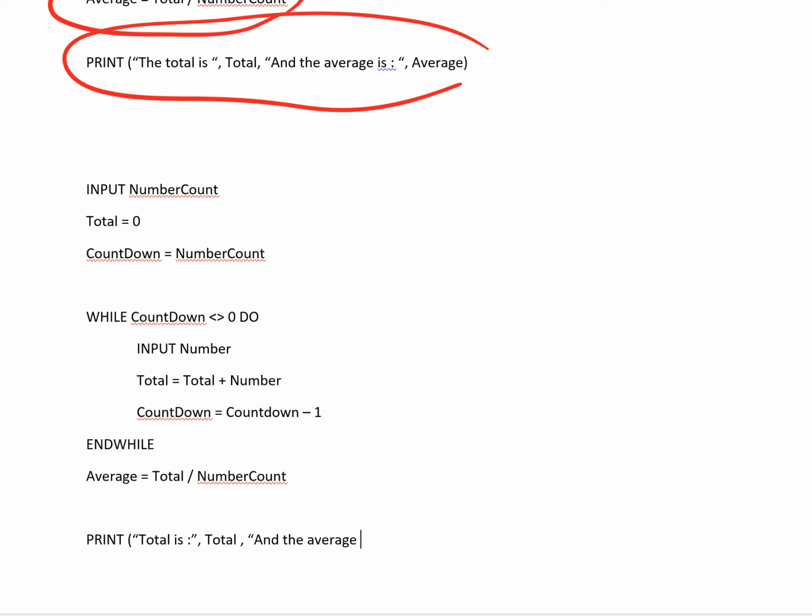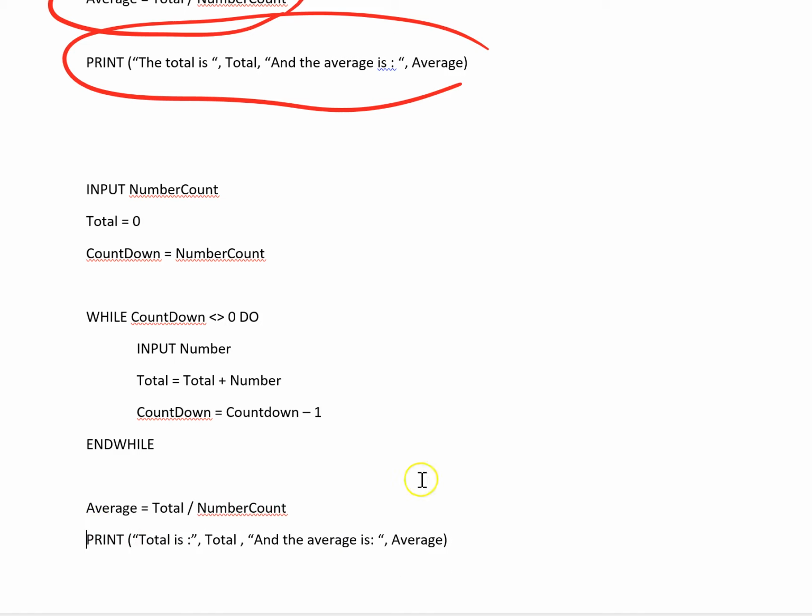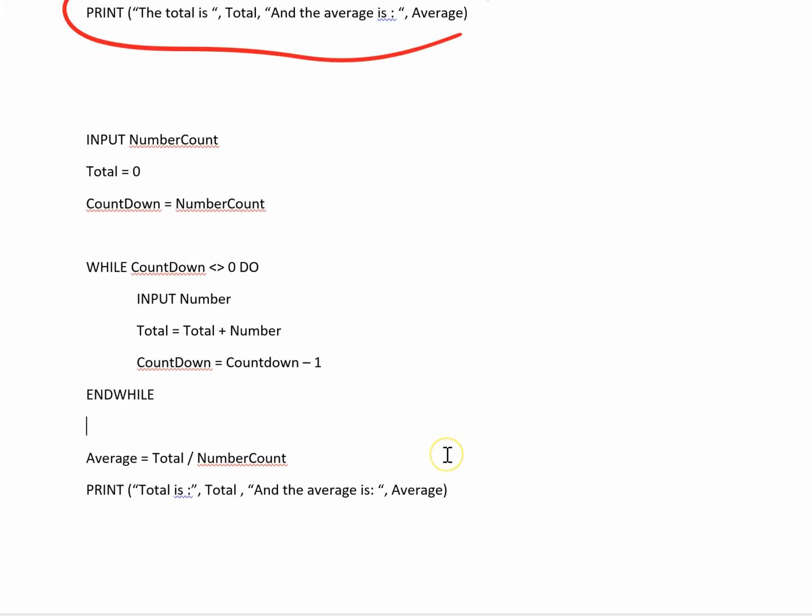The average is, which is taken up from the line above. Close, just so we can see properly. Okay, so that is our code